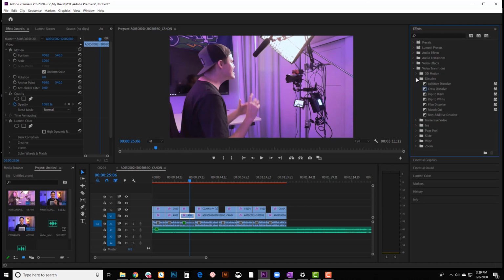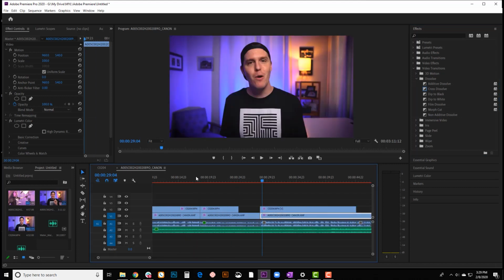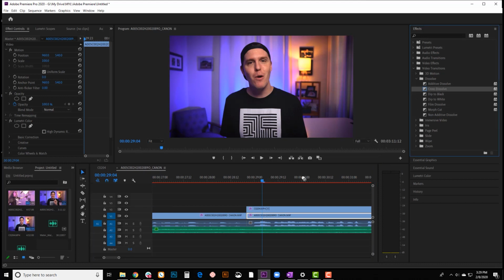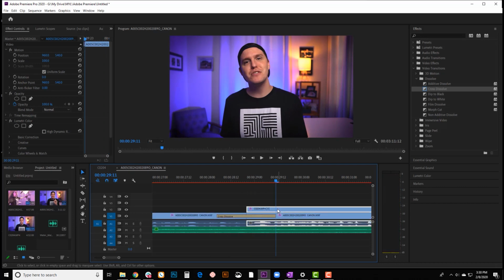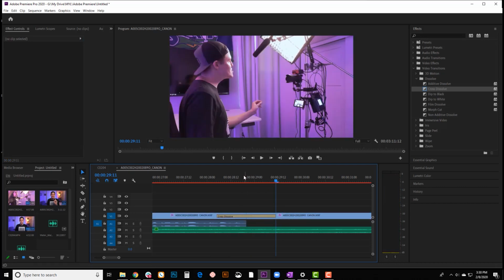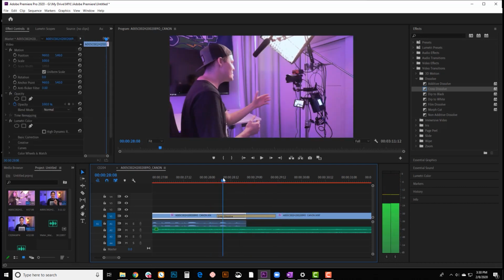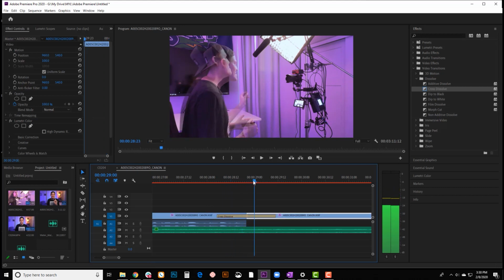Ones that are very common are dissolves. So I'll quickly zoom in here so you can see how this looks by hitting the plus button. And let's say I want to do just a cross dissolve, which is our most common transition. Instead of it just cutting to the next, it's going to fade in and out. So I'm just going to delete this top layer here so it's not too confusing. But you can see it transitions